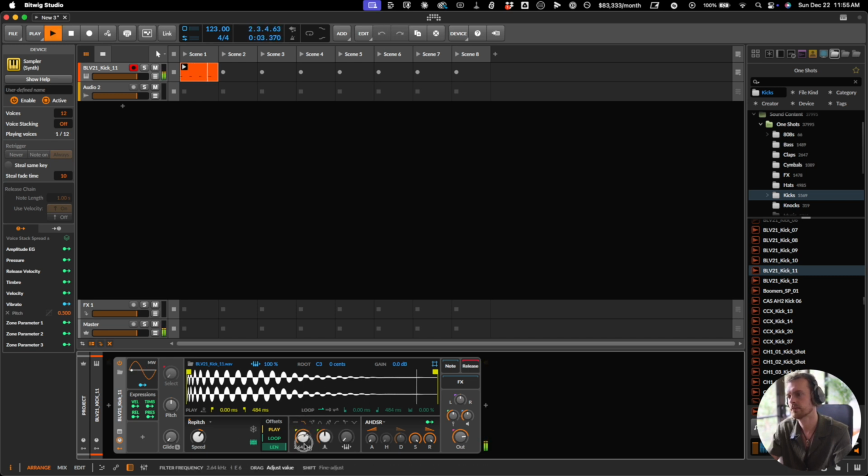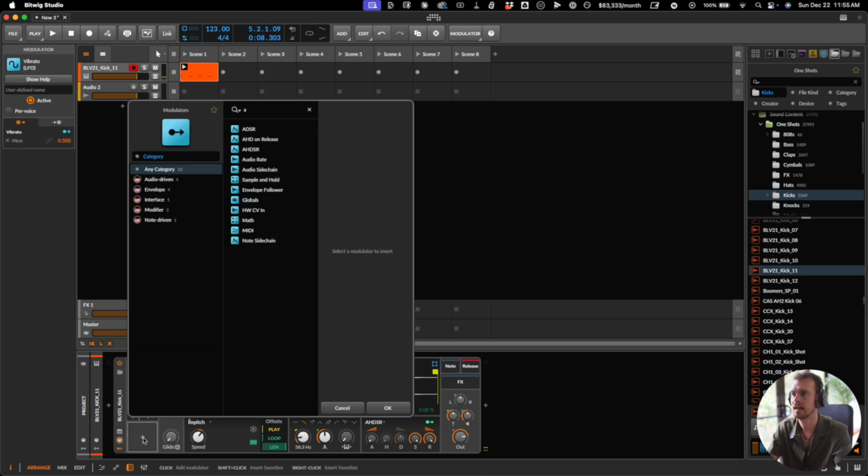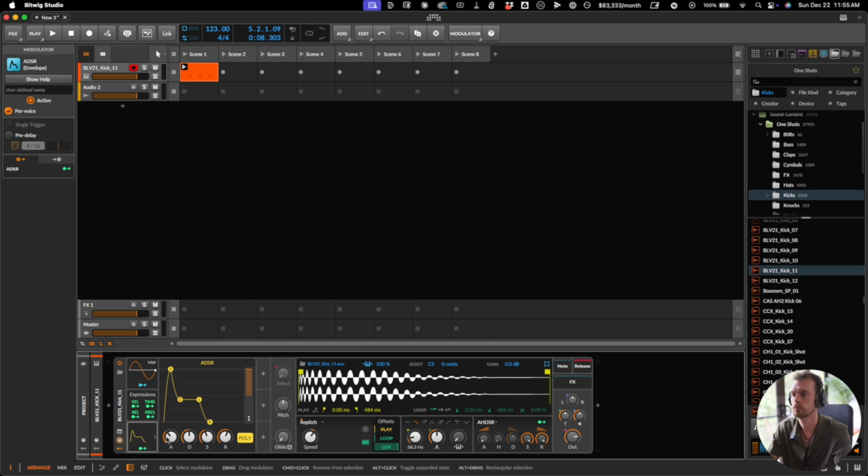So I'm going to bring a filter down until we get to something like that, and then I'm going to bring up an ADSR envelope, and I'm going to bring the attack all the way down to nothing, sustain down to nothing, and make the decay nice and short. We'll figure out the correct decay, but now I want to snap that filter up. So this is basically just a filter envelope, which gives us a little bit more control over when we get that high frequency coming through. So if I increase the D now,